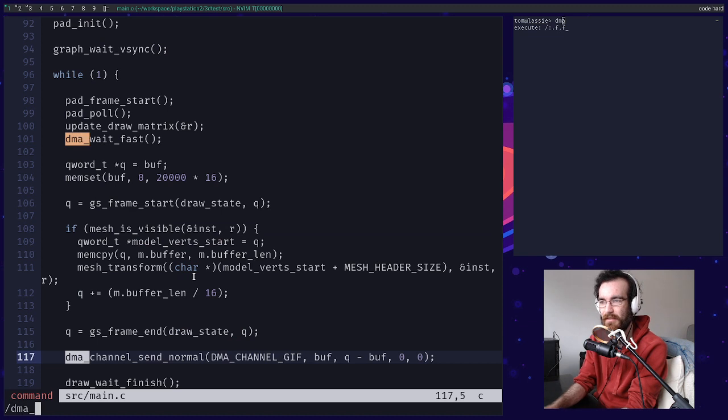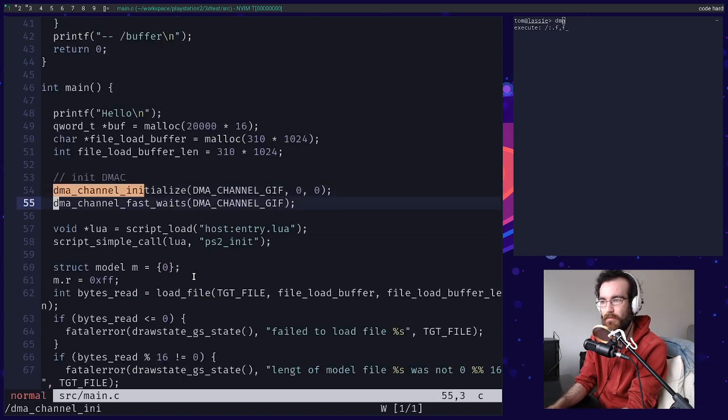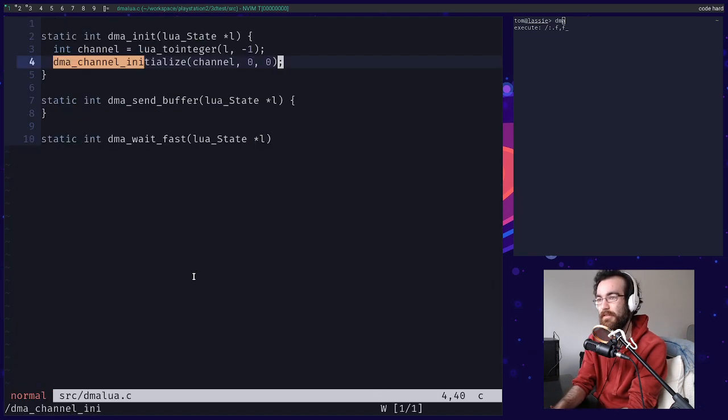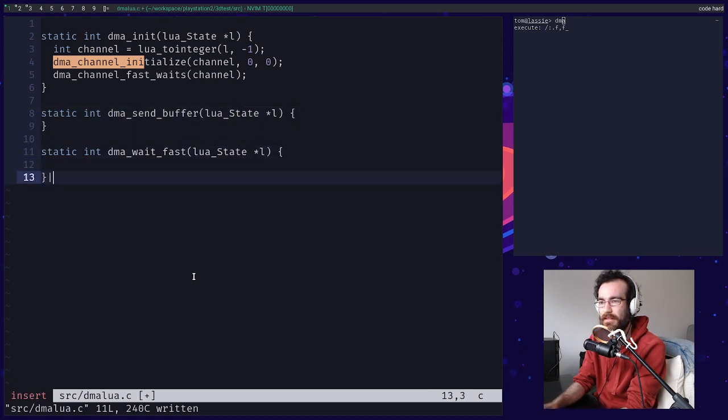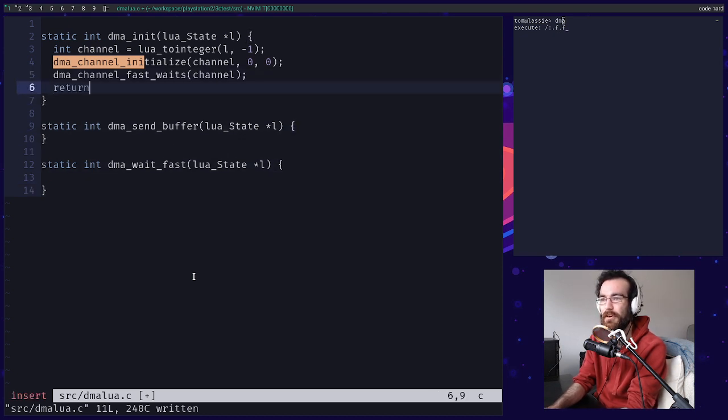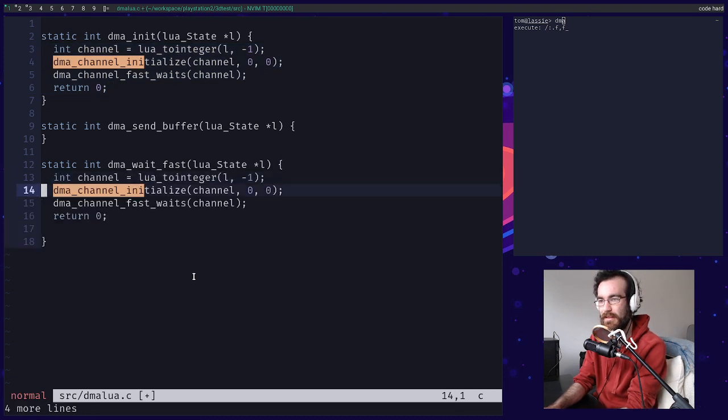Was there something else I did? Oh yeah, DMA channel fast waits. We'll do that as well. Can't exactly remember why, but we'll do that as well. This is going to be basically the same function. Oh, and we return 0. We don't put anything on the stack, we return 0. So we're going to grab this definition. We're going to do pretty much the same thing, except we're just going to say DMA channel